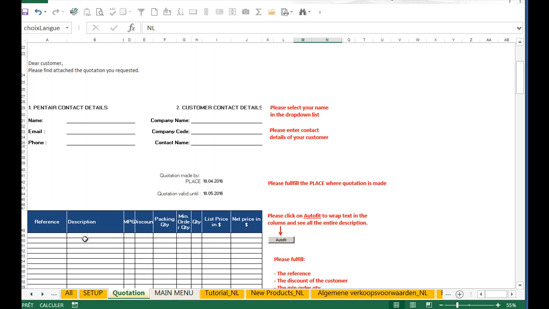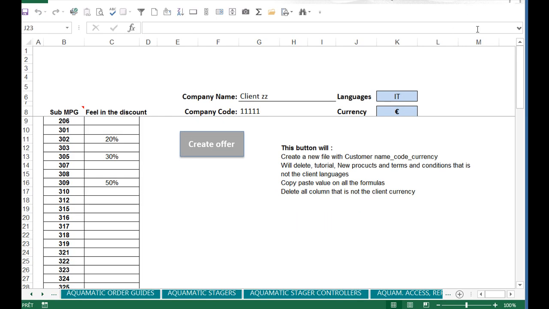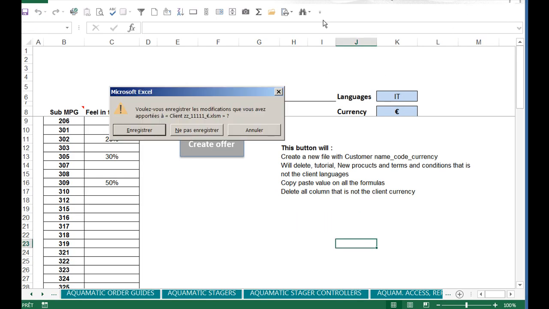And here they ask for the description with the references, asking all the other spreadsheets here. Then they okay, next